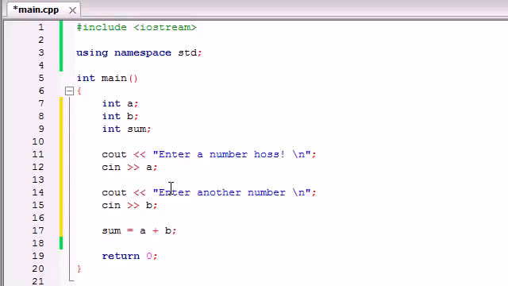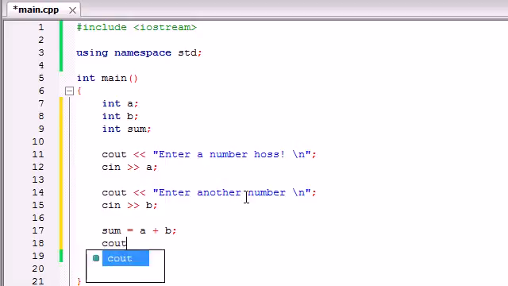Now what our computer program is going to do is say, alright, I'm going to grab the value you put in for a, and I'm going to grab the value you put in for b, calculate that, and store that in the variable sum. For example, if you wrote 10 and 15, it's going to grab 10, grab 15, calculate the sum of it, which is 25, and store it in a variable called sum. So now the sum is equal to the answer, and all we have to do now is print it out